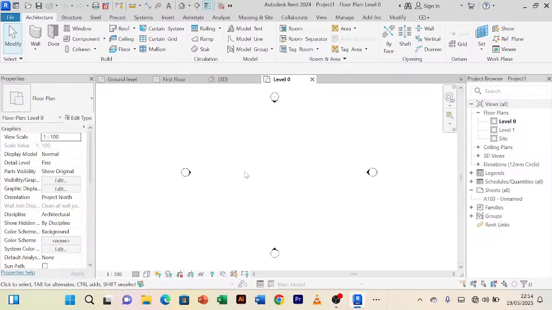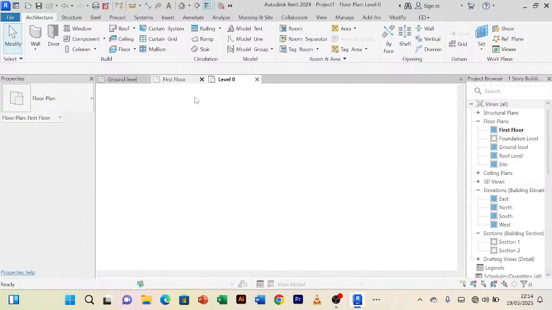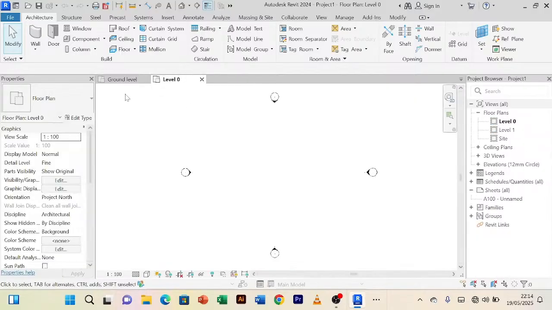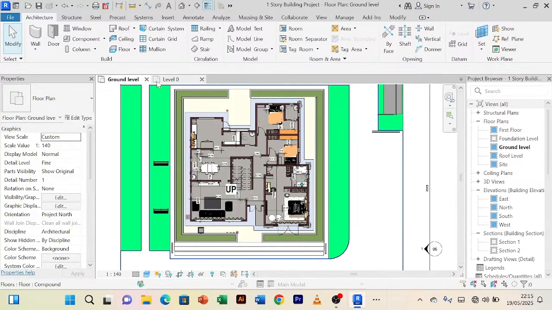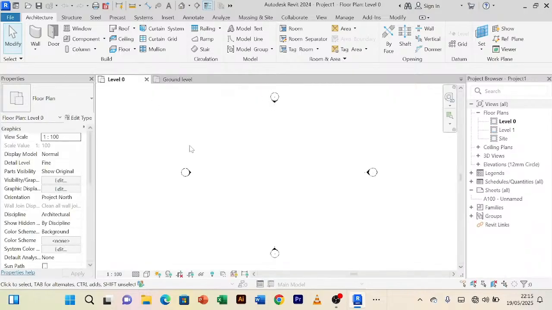Then it will open for me new work here. Then I'm going to close this, and even the first floor I will close. I want to remain with the ground floor, and I want to bring it this side so that we work with